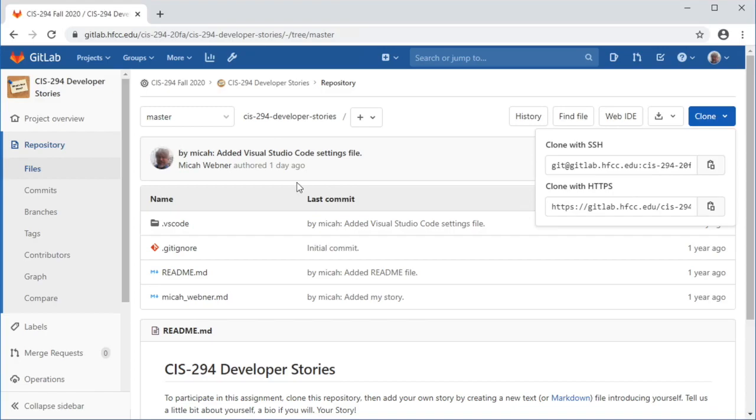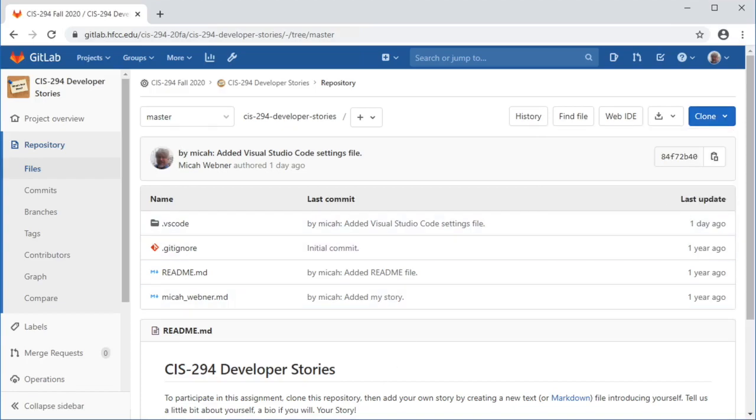As you can see from the screenshot here, we already have some files in this repository. We have a README file which has some instructions in it. I have my own personal story here. I may take a look at that, or probably just go ahead and add a sample file to demonstrate how this all works. So I'm going to hit copy URL here, and then I'm going to jump over to